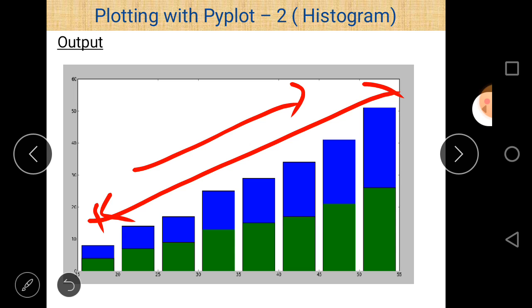By default cumulative is equal to false, but if we take cumulative is equal to true, that means the previous value is added to the next one, and this graph goes up to the last values. So there is a continuous increase in the length of the bar, and it is because of cumulative is equal to true.